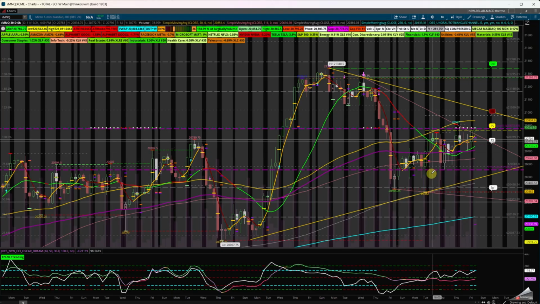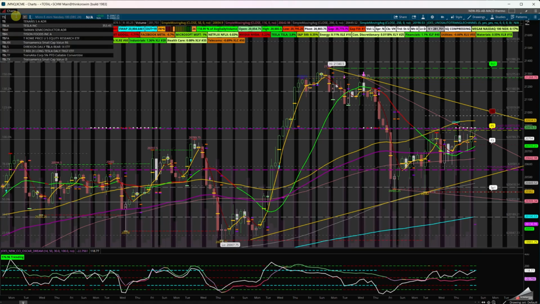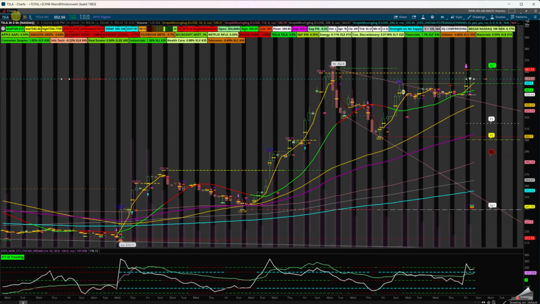Am I concerned about the profile in the NASDAQ because of the Mega 8 or the wonderful 7, such as Microsoft, Facebook, Google, Amazon, and Apple? Yes, I am concerned about it. And I will show you Tesla on this chart. You can see what has been a little bit after the earnings report, goes up, comes back in, goes up, comes back in, and continues.